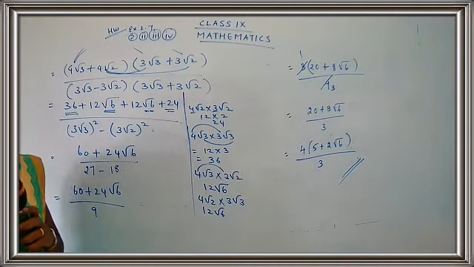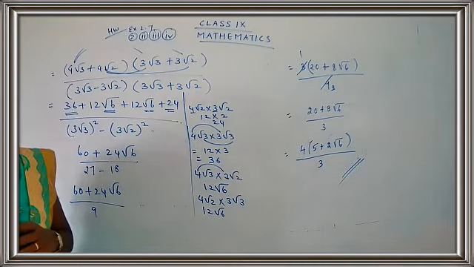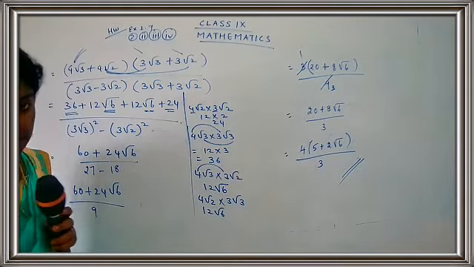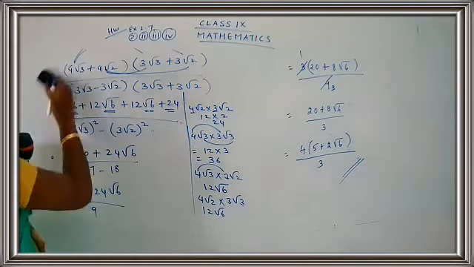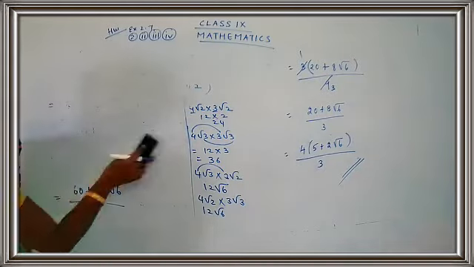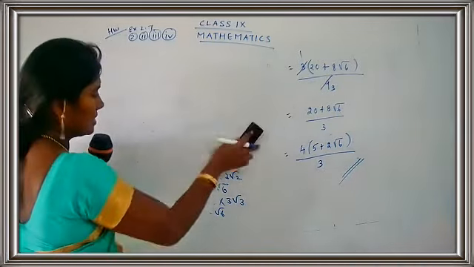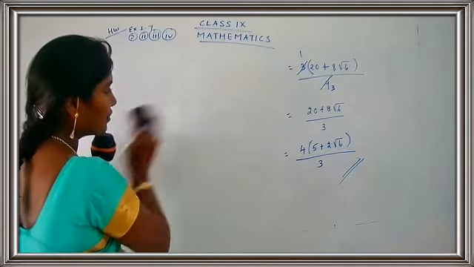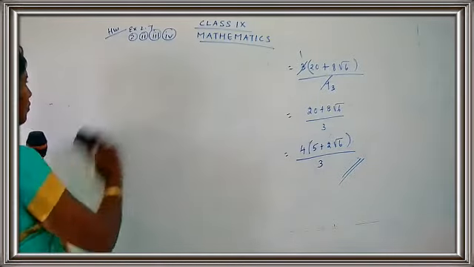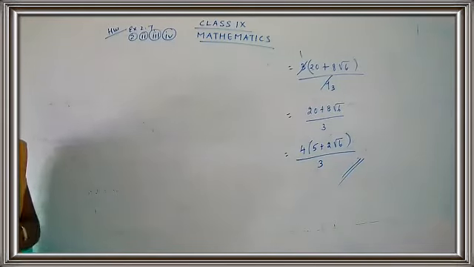So you have two ways of doing here. You can take the separate conjugates and do it, or you can just take the LCM and do it. I'll just give a step for that sum because you people may have a confusion how to do the last sum. I'll give you a hint, and you can use the hint and complete your answer. Okay, children? I want you people to try out the sum. The more and more you practice, the more you become perfect. That's the thing that you have to keep in your mind always.